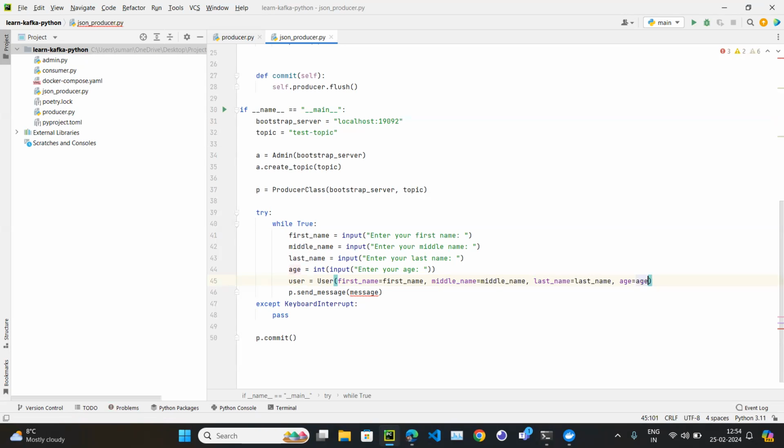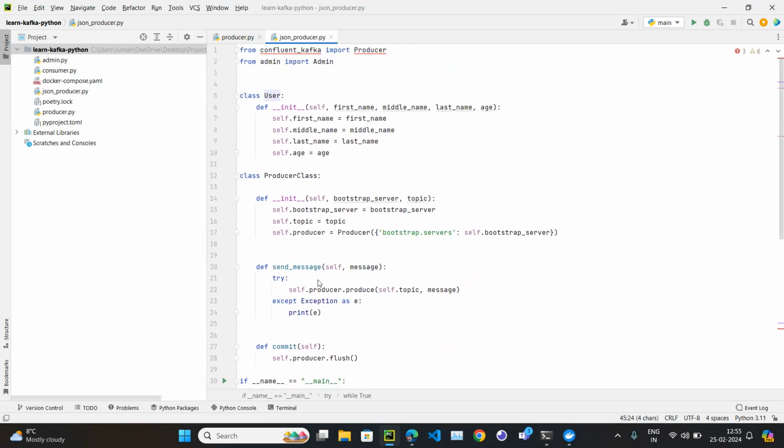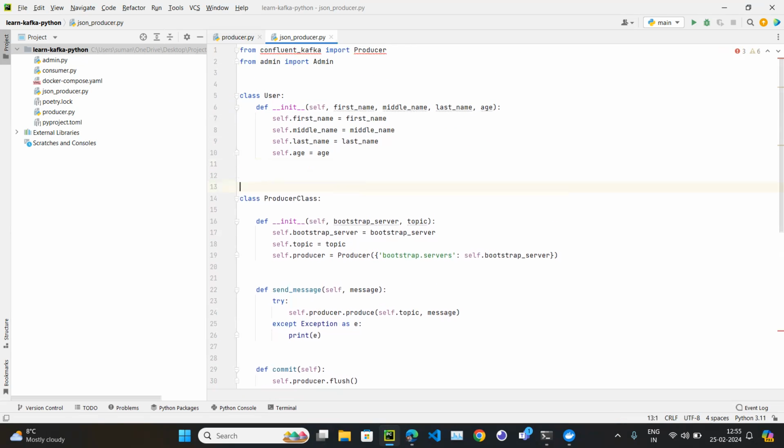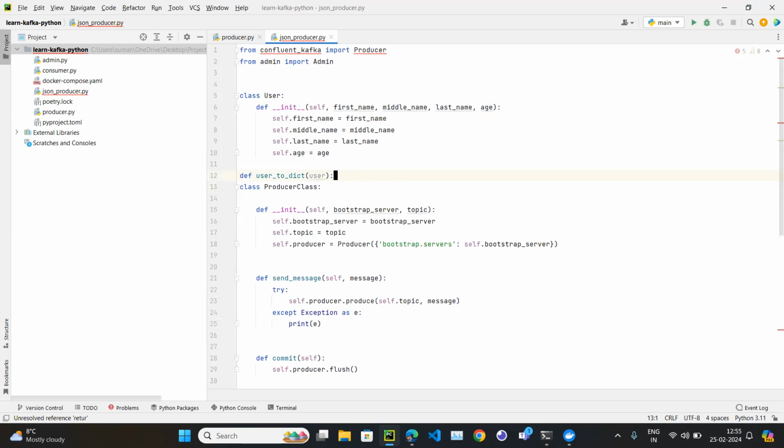Now this is of user type, but to send the message in the form of JSON, in terms of Python, we need a dictionary. So we need a function which converts this user object to a dictionary object. We can create one function, def user_to_dict, which is going to take a user object and it is going to